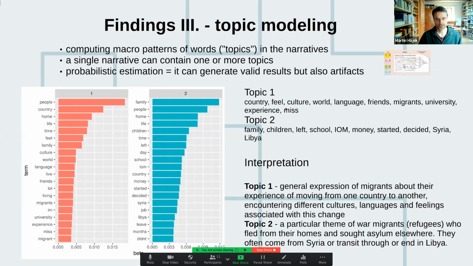They encounter a different culture in the new country. They have to learn the language because they don't understand it. And they have some feelings associated, good feelings or bad feelings, associated with this change. For me, I propose that topic 1 is general migrants' experience, and topic 2 is a particular topic, I would say, that